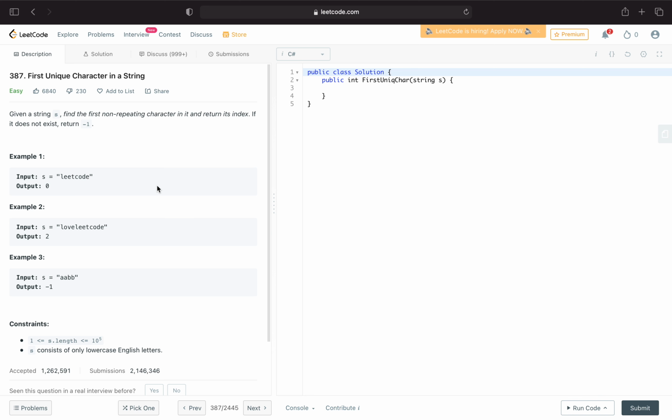First non-unique character in a string. Given a string S, find the first non-repeating character in it and return its index. If it does not exist, return -1. When we look at this example, we have a string "leetcode", and then L is not repeating, T is